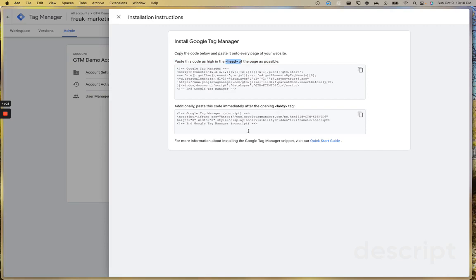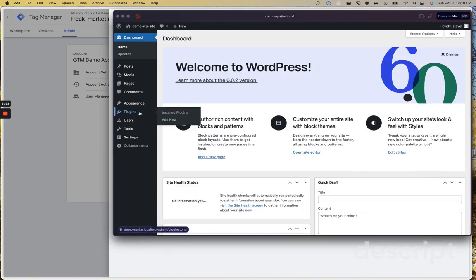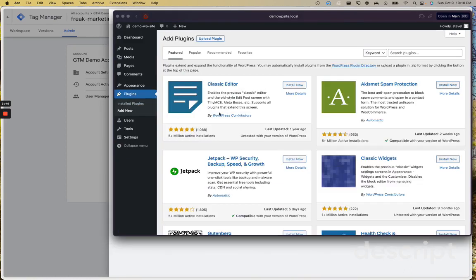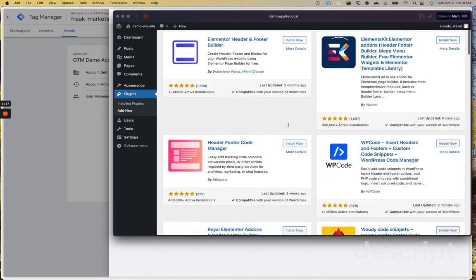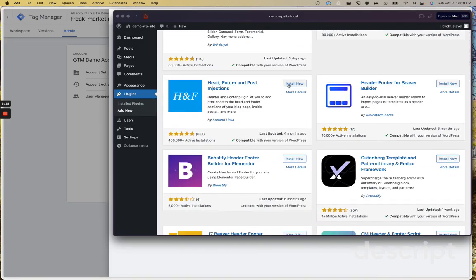Alright, so let's go ahead and hop over to WordPress install right here, and we're going to add a plugin to help us install Google Tag Manager, and I've always just used this plugin called Header Footer Scripts. There's quite a few of them. I'm sure most of them probably would work, but this is the one I normally use, so I know this